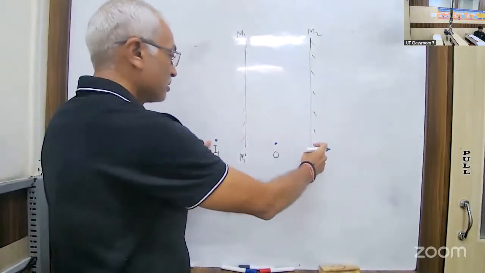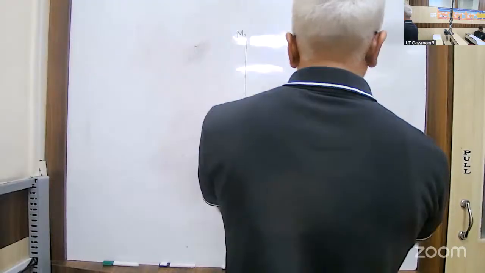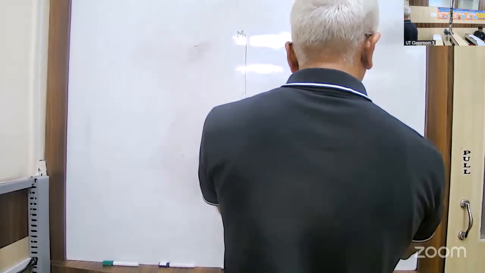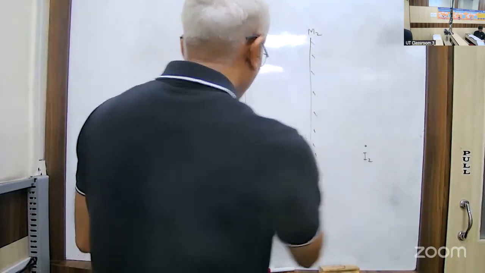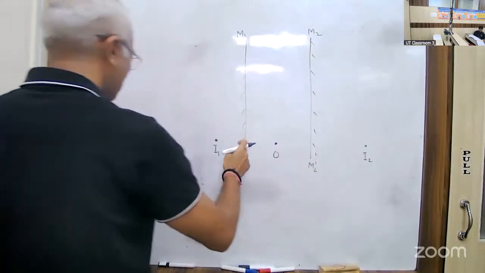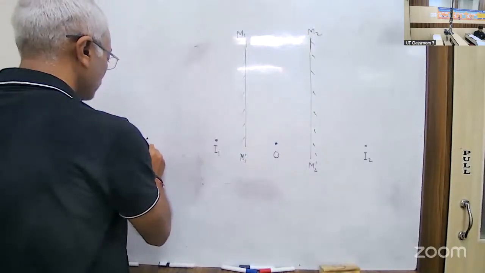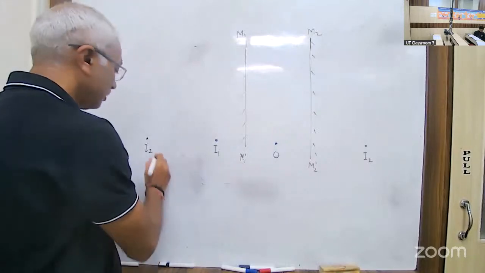So what is this distance? At equal distance the image will be made here. That will be I2. Now this will become virtual object for M1. तो इसका कहाँ बनेगा अभी? I2 यहाँ बनेगा। Understood? मतलब वो I3 हो जाएगा, थर्ड इमेज।